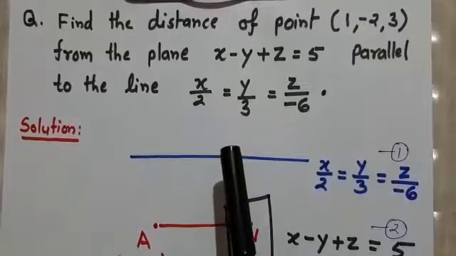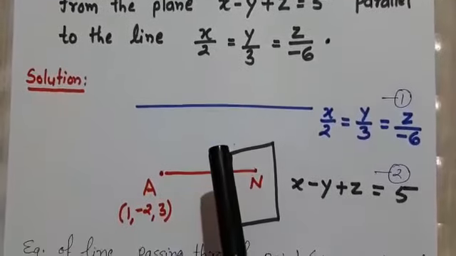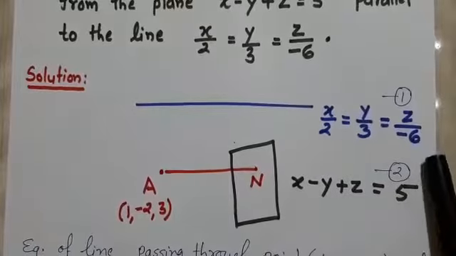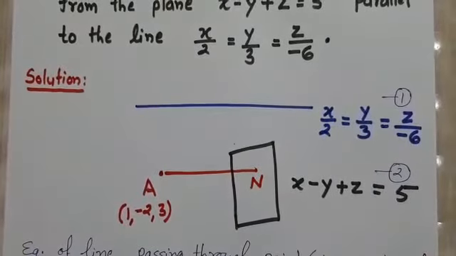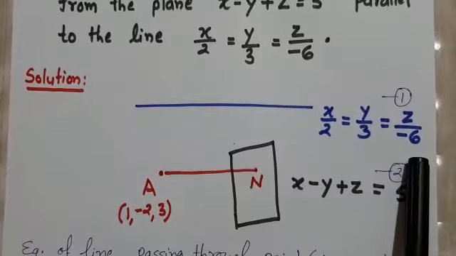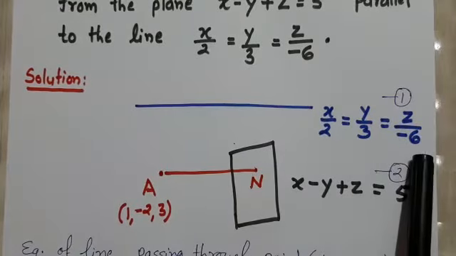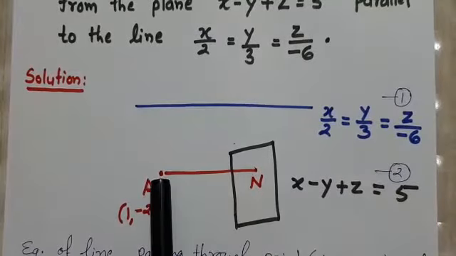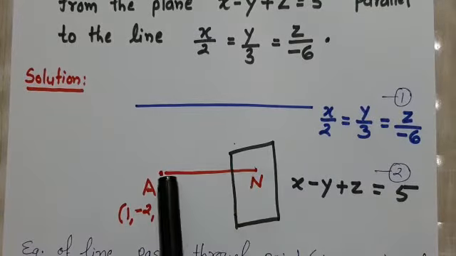A line is given here. This is the equation of the line. And the DRs of this line are 2, 3, and -6. DRs are these. And for any line parallel to this line, from A we will draw a line up to the